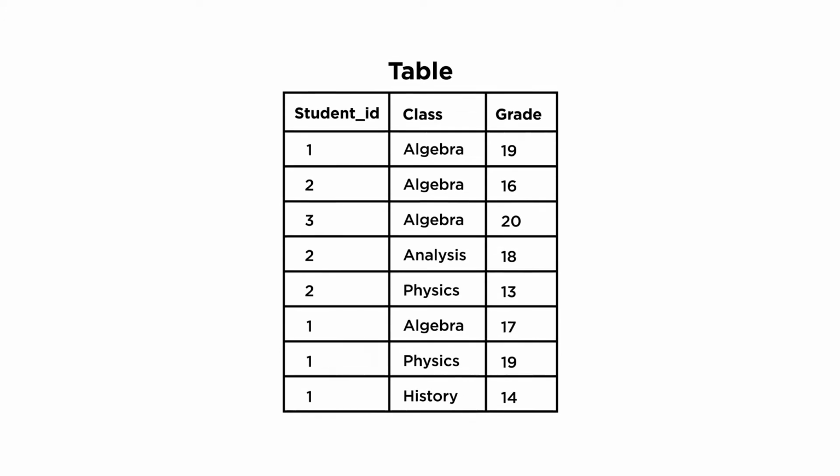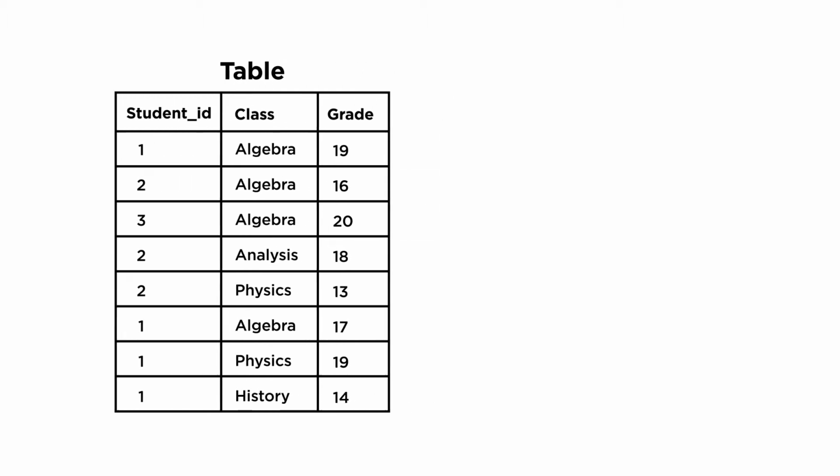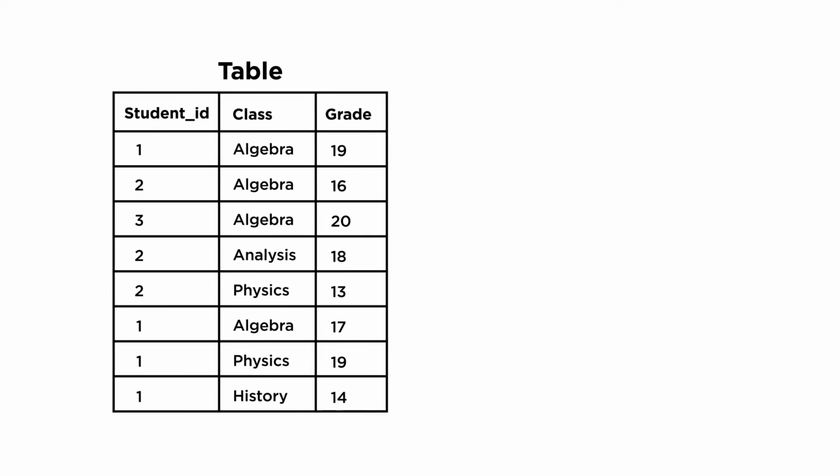Let's say that we have this table. It has students, class, and grades. We want to compute the average grade per class. How do we do that? Well, we'll write select class, average grade from table 1, group by class. This query is going to compute the average grades for all the different class names.